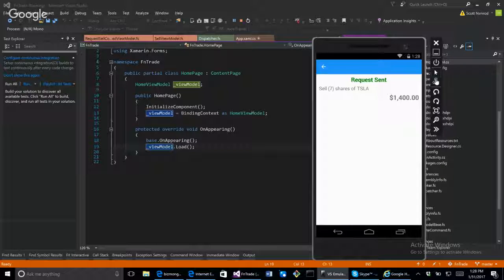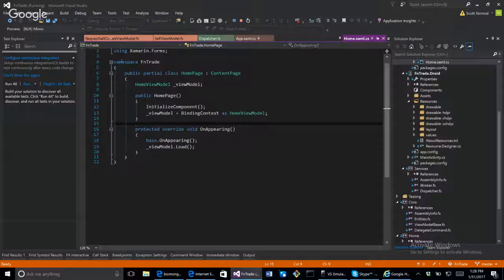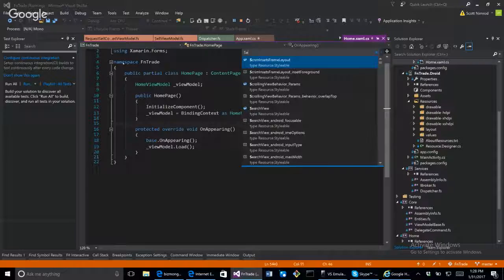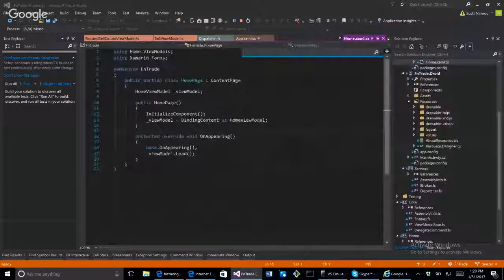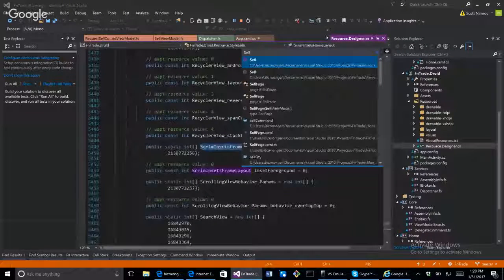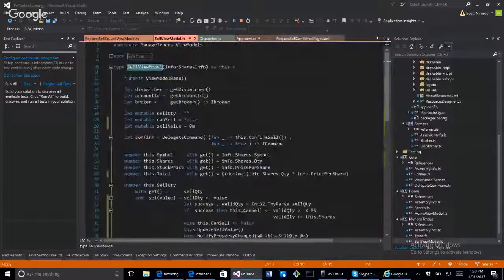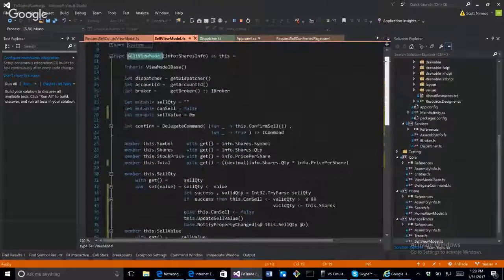So how was that done? Well, I have this sell view model. If you do Control+comma, you can bring up this navigation box, and then I can type in sell. I think it's called sell view model or something. And from here, this is my view model